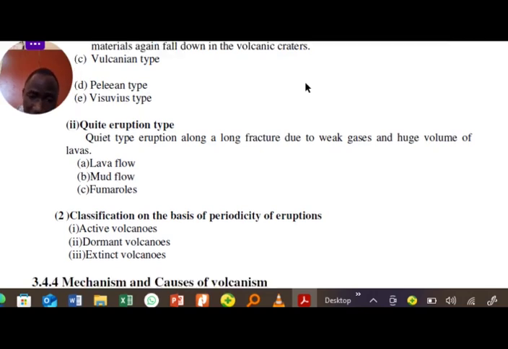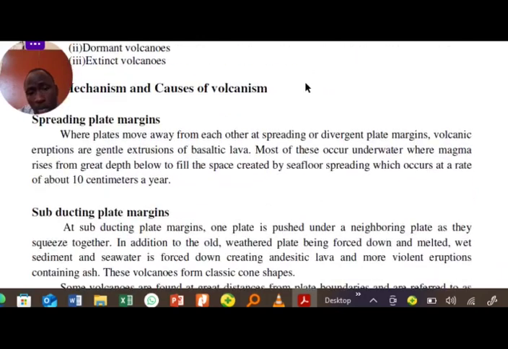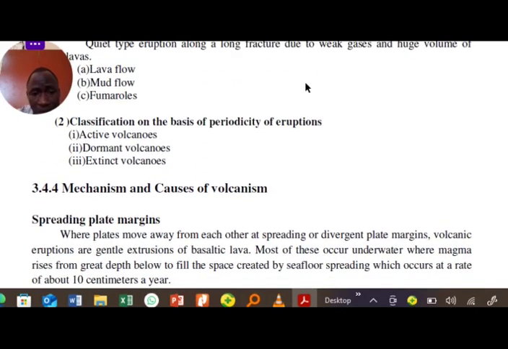And then they are saying below there that the other can be classification according to the basis of periodicity of magma. When you look at this magma, it is classified according to active volcanoes, dormant, and extinct volcanoes. When you move on, we have what we have termed as